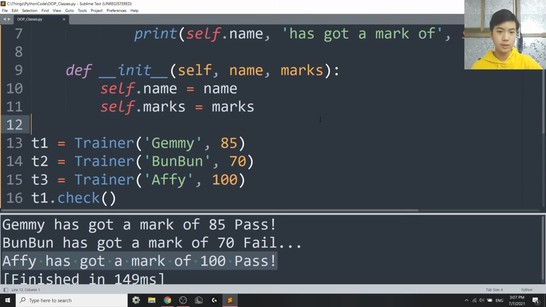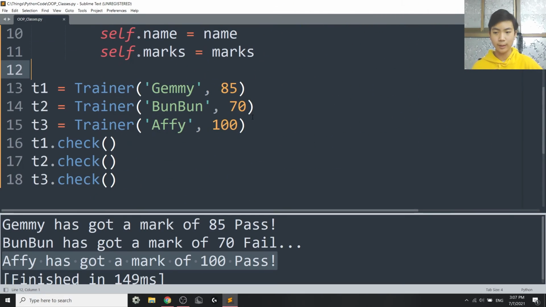And then you can create so much in only 2 lines instead of having to go like t3.name equals Affy, t3.marks equals 100, t1.name equals Jemmy, t1.marks equals 85, t2.name equals Bun Bun, t2.marks equals 70. So much more work. Even if I hear it, I can already tell it's more work. And then also, you weren't done if you went that way. You would still need t1.check, t2.check, and t3.check. It's just so much harder than